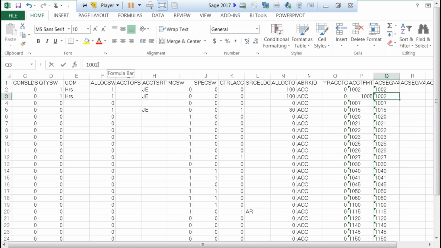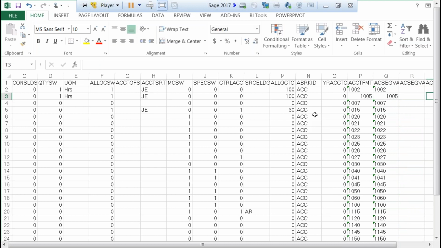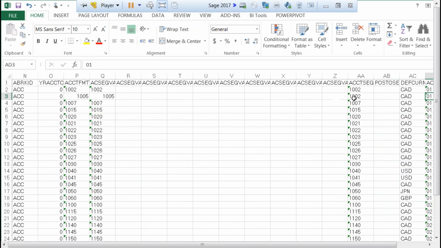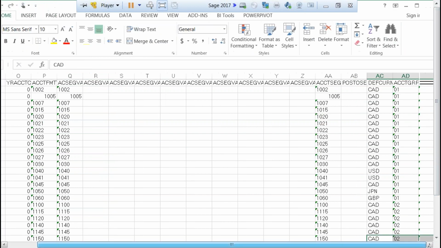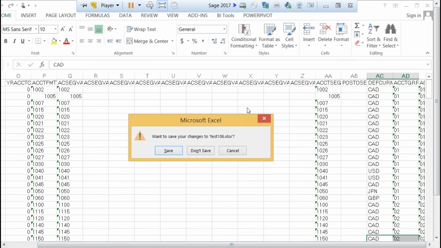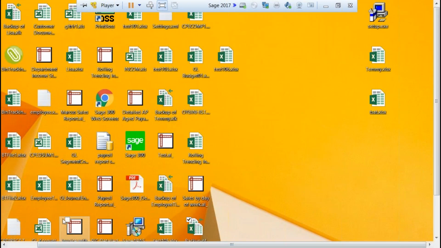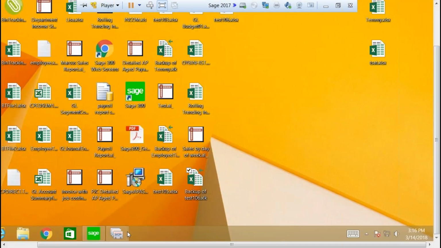So I can make some changes, or I don't have to, unfortunately, I copied quite a bit. So I'm just going to do this. I think that should be the last one. Tab. So I'm just going to close out of that, and I'm going to save it, close out, and save. It's done. So now when I go to import, if I go back to my accounts screen here,